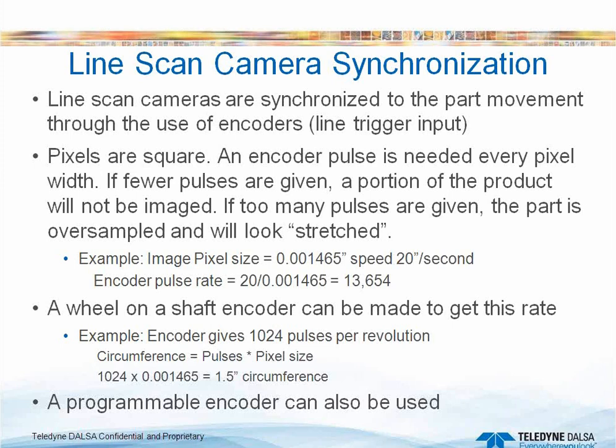So how do we calculate how many pulses we need? Let's take the example from the last page, and we'll take the pixel size of 0.0014 inches at a speed of 20 inches per second. So the encoder pulse rate, we divide the number of inches per second by the pixel size, and basically again our encoder should give us a pulse at 13 kilohertz, or 13,654 hertz. If you can achieve this by doing a direct encoder,